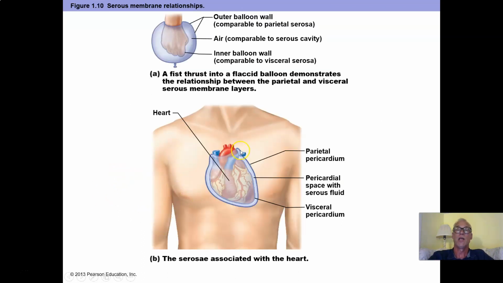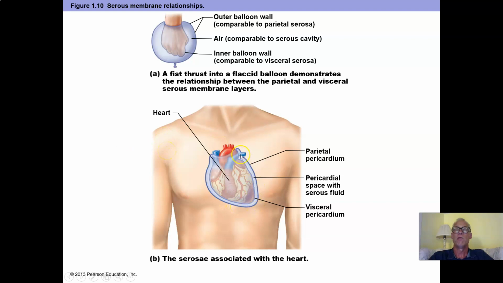Here's a little cartoon to help you understand what I mean by the double layer. The pericardium represents a double-layered serous membrane, one layer of which lines the actual cavity, the pericardial cavity, and an identical layer which lines the outer surface of the heart. So we have this double layer of serous membranes, and serous means watery, and there's a lubricating fluid, a tiny